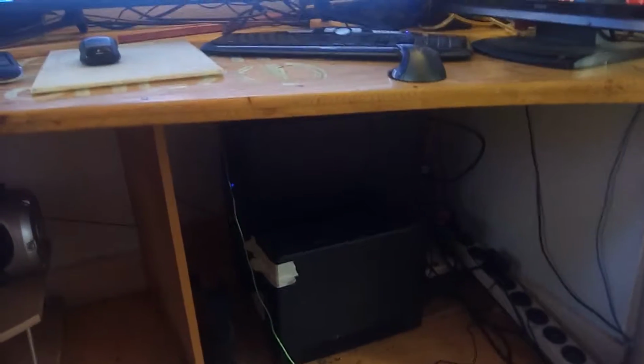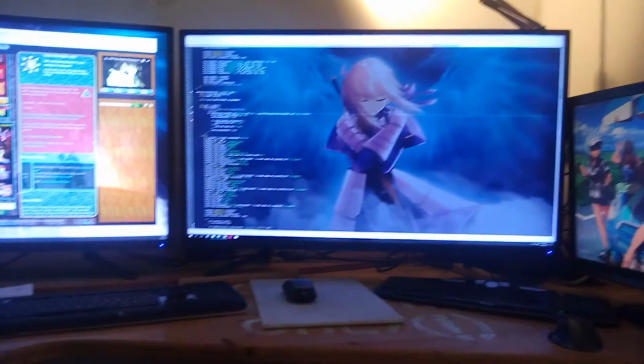I tried installing Ubuntu on my development machine there, and it just failed and wasn't even usable anymore. So that's when I bought a Windows license for 120 euros, and yeah,